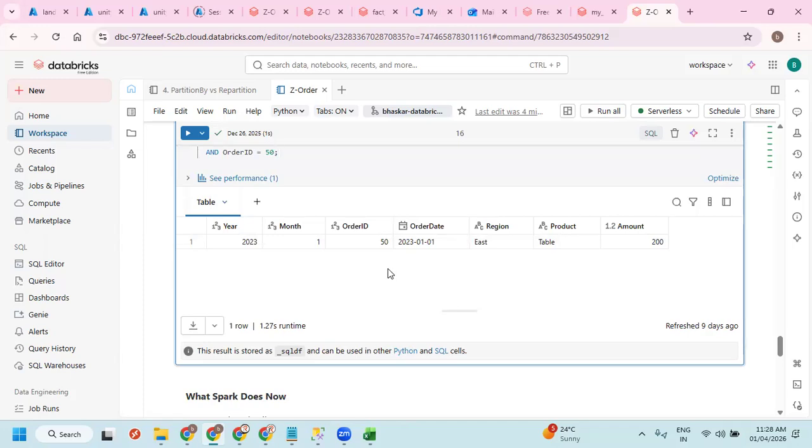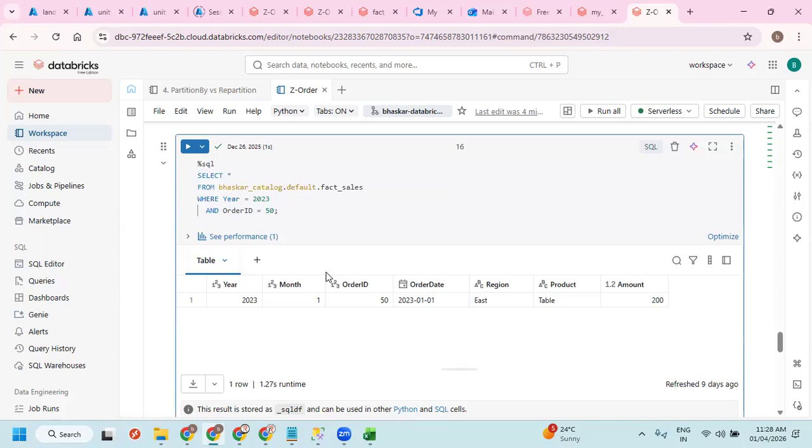For downstream systems, because you are keeping millions of records, you are not keeping millions of records in one day. You are appending every day, right? Every day thousands of records you are going to append. One fine day, there will be millions of records. In that case, the downstream systems face a problem reading the data from the tables. So for that reason, to give better performance for the downstream systems, we are going to use partition by and Z-order. Definitely in the interview, they're going to ask these two questions.